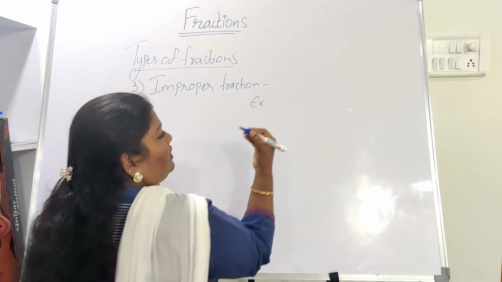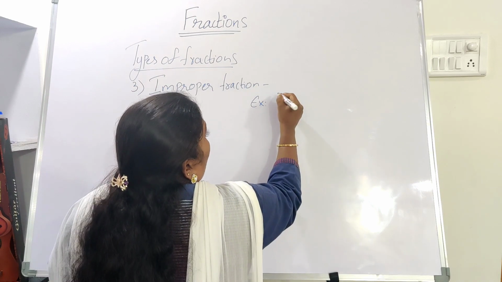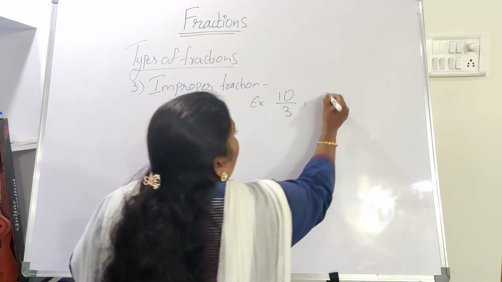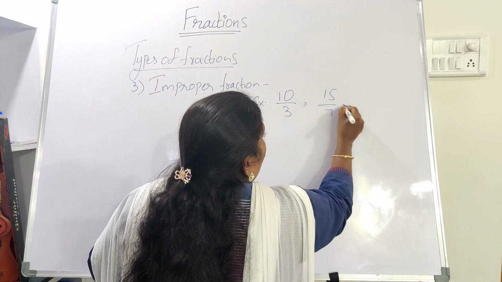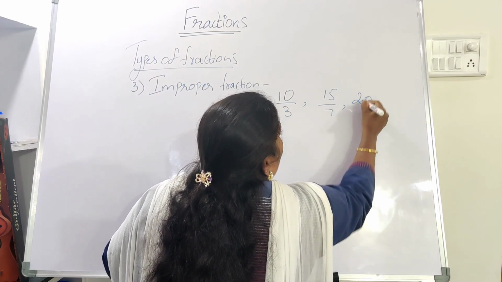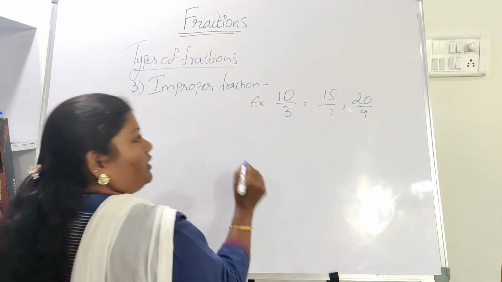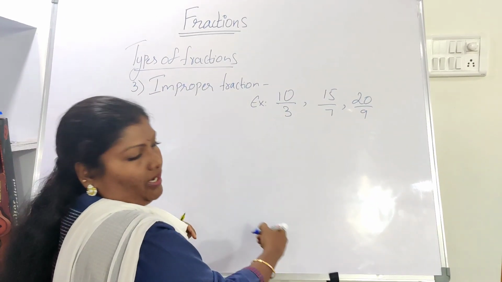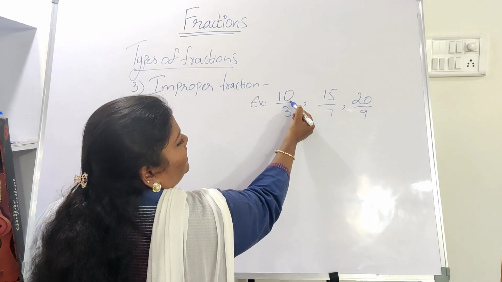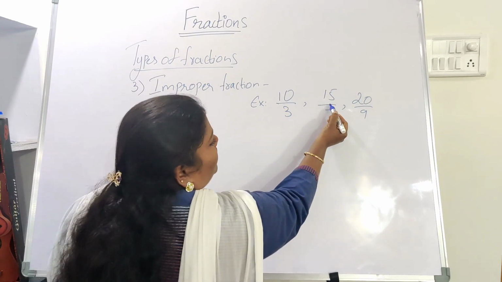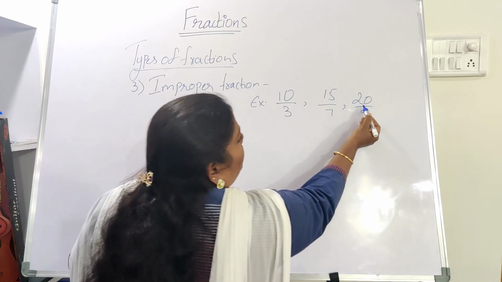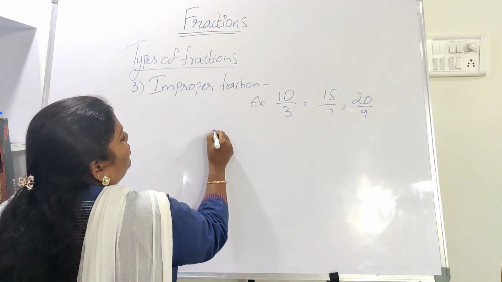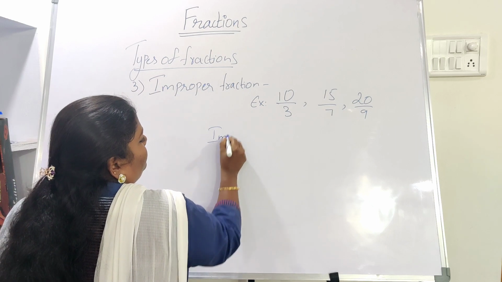The numerator will be bigger than the denominator. For instance, 10 by 3, 15 by 7, 20 by 9. So here the numerator will be bigger than the denominator. You can see here 10 is bigger than 3, 15 is bigger than 7, 20 is bigger than 9. So here, improper fraction